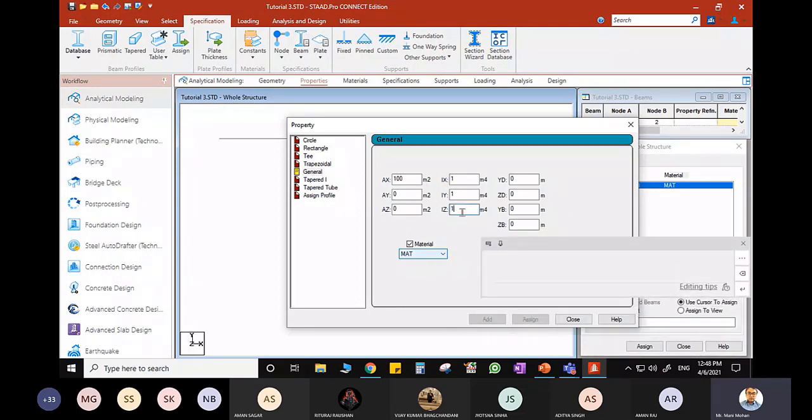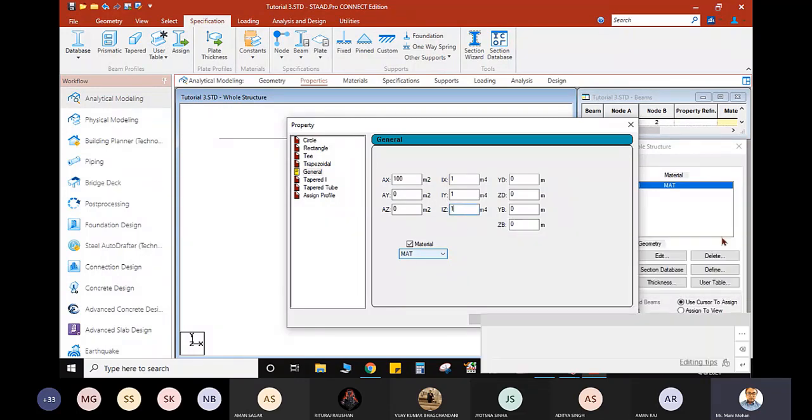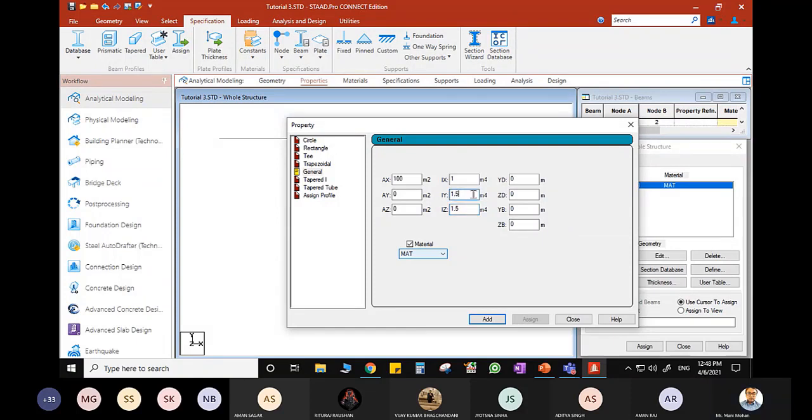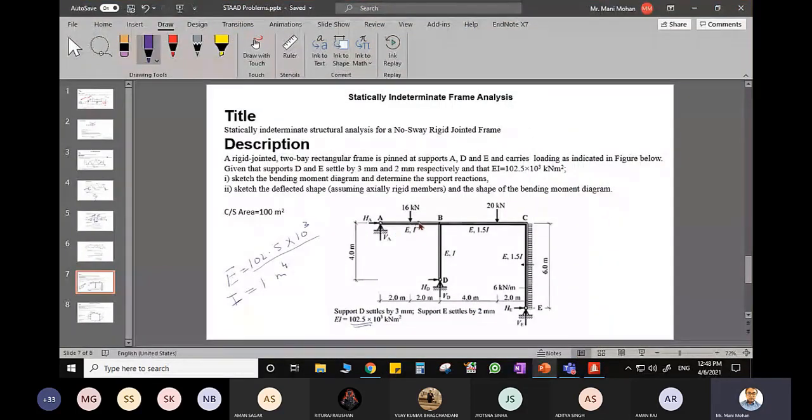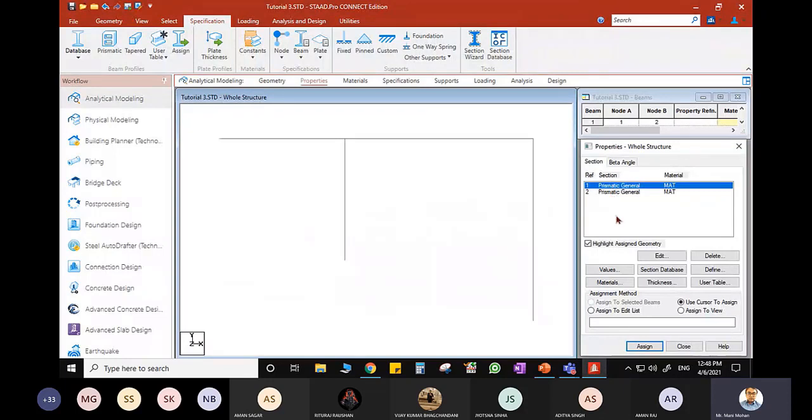Next, the moment of inertia is changing. It is not 1. It is going to be 1.5. Please note, if you don't give the value of Ix, Iy, nothing is going to change. Since it's a planar structure, bending is going to take place about Z axis. It's not going to bend about X or Y axis. Click add. So please remember, reference 1 has the property of I, reference 2 is 1.5I. If I see the model, this is having a property of I, this is having a property of I. So I'll highlight this, reference 1, click assign, and I'll assign these properties.